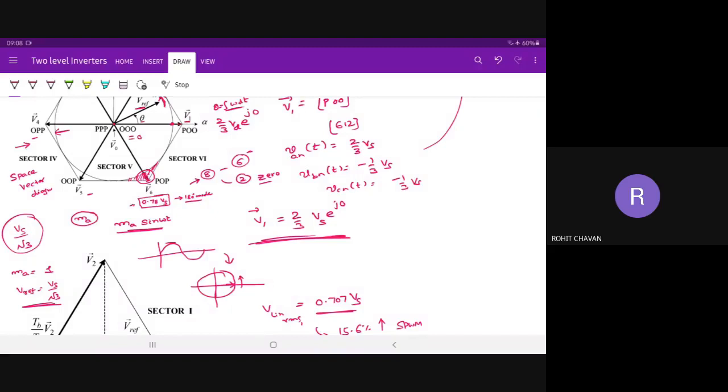Sir, for even order harmonic elimination, do we use either type of sequence or both sequences? We need to use both sequences, not simultaneously, one by one. First, for 30 degrees we start from 0, 0, 0, and once it is completed, from 30 to 60 degrees we have to change the sequence. We have to start from PPP. One after the other, we have to keep using it.